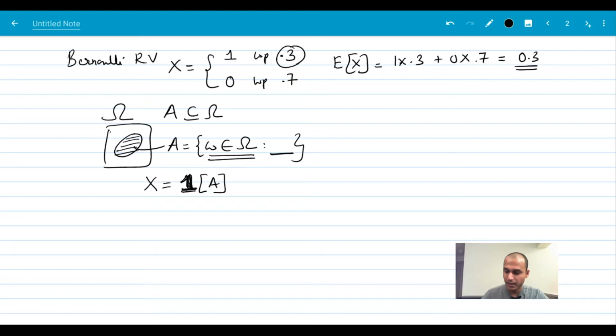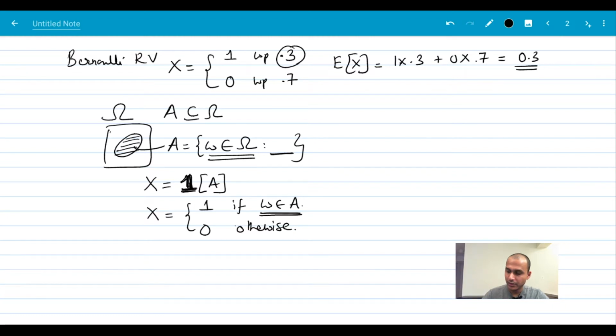Okay, I'm going to use this boldface 1 and A. So this is an indicator of A, which just means that x takes a value 1 if omega belongs to A, right? And x takes a value 0 otherwise.